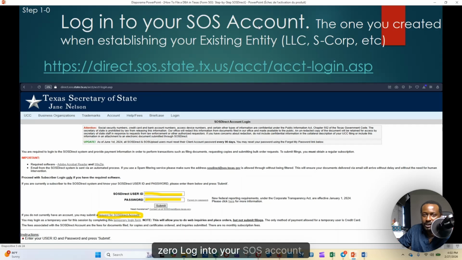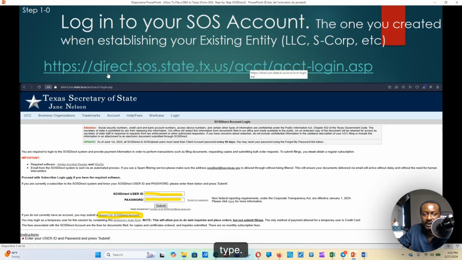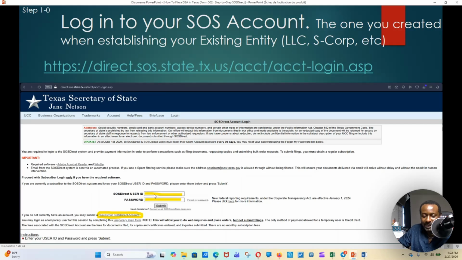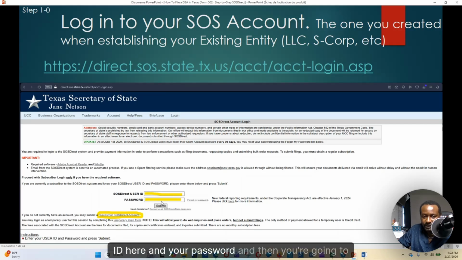Log into your SOS account, the one you created when establishing your existing LLC, S corporation, or whatever your entity type is. Copy this link and type it into your browser, and you will land on this page. Fill out the SOSDirect user ID here and your password,